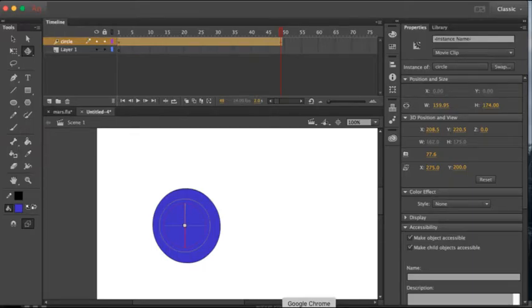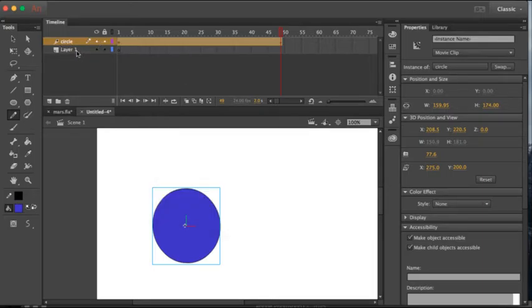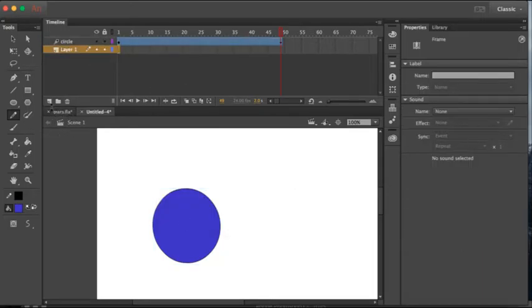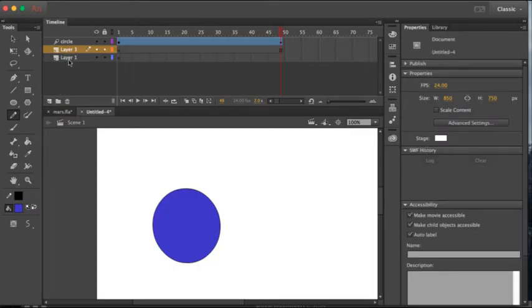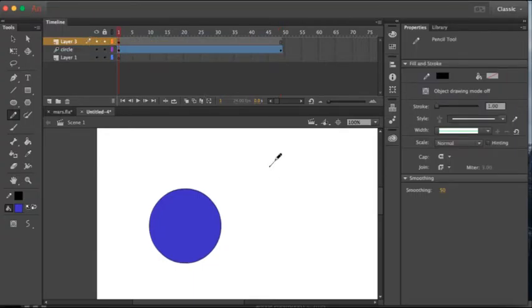Okay, before we get into animating anything, we need to understand what 3D means, and it really goes back to year 9 or year 8 mathematics. If you remember, we'll use a pencil tool here, put a new layer, maybe on that one, put another layer up here. A simple graph or a Cartesian